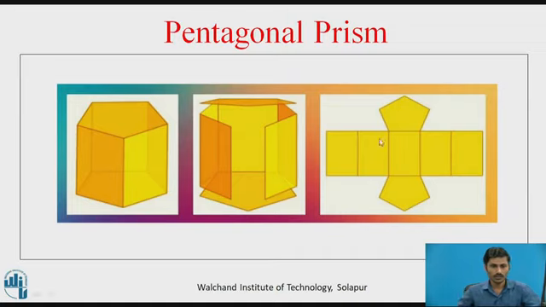In the first figure, we see that it has 5 corners and 5 edges of this much length. Since it has 5 edges, the opposite edges of the opposite surfaces are connected with a rectangular surface called the vertical surface. This is nothing but the vertical edge in the prism, and its length is equal to the